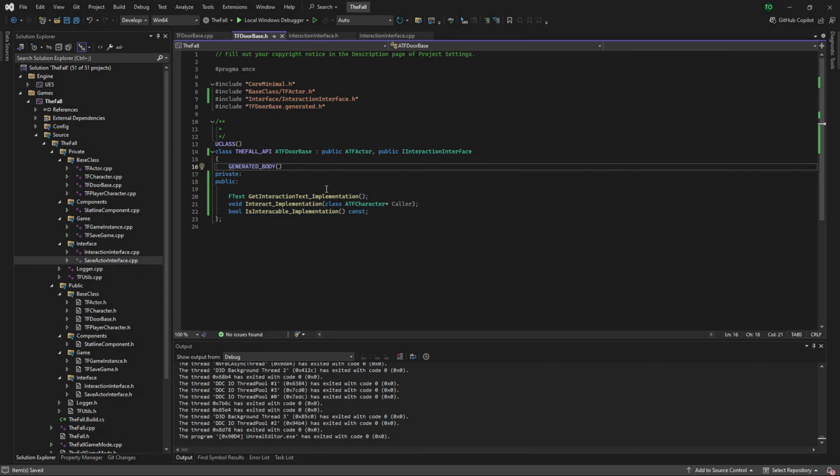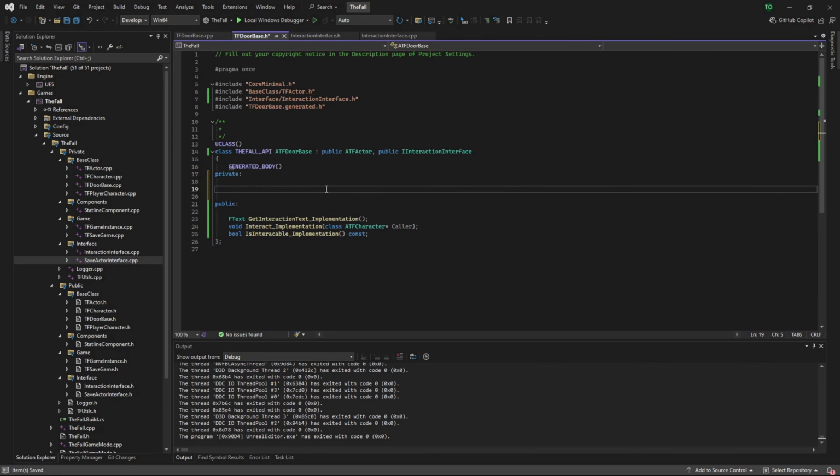So we'll deal with the get interaction text though. So we're going to add in a U property visible anywhere blueprint read write, save game meta, no, it's a lowercase meta on this one, equals allow private access equals true. That's actually an inconsistency I dislike here. Meta is spelt with a lowercase. However,